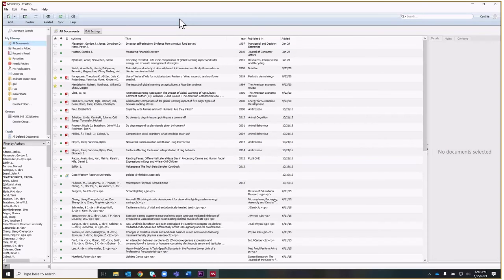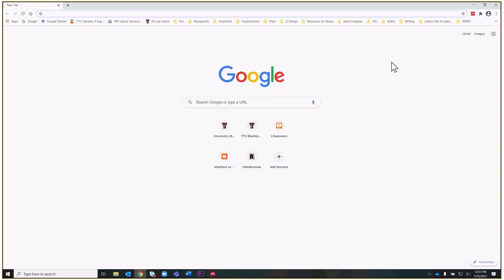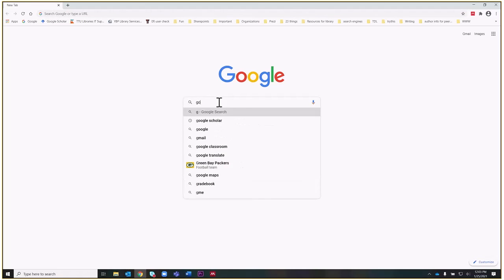Okay, so the only other thing that I think we would really want to discuss now is how to search with the Web Importer. So I just opened my browser in Chrome, and you can see that I have the Web Importer sitting up in my Chrome. There's the icon for the Mendeley Web Importer, as you can see as I hover over it, what it names itself. So I'm just going to get into Google Scholar so that we can